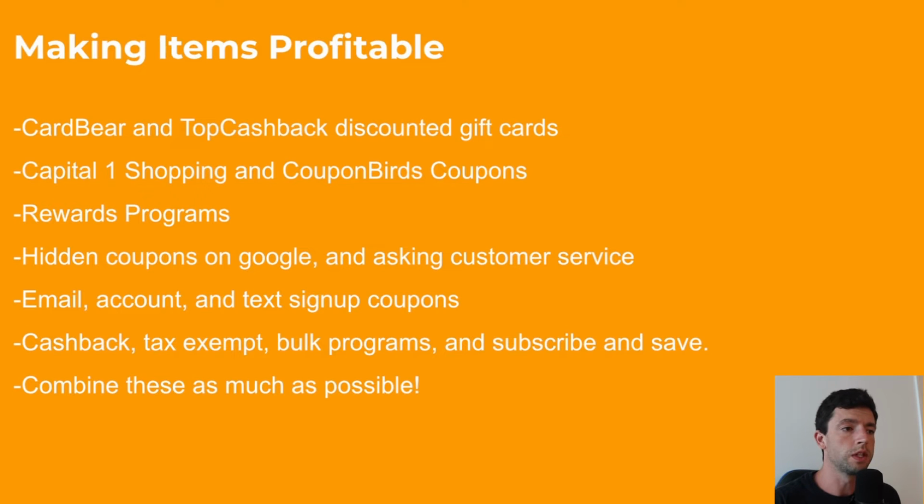Making items profitable is going to be a huge thing. So it's really important to note, guys, you don't really find stuff that's good, or rarely you will. And if you do find something that's just profitable at the average price, a lot of other sellers are probably going to find it too. Instead, you want to make items profitable using all the different discounting methods we can see here and combining them as much as possible. That's going to be Card Bear and Top Cash Back for discounted gift cards,